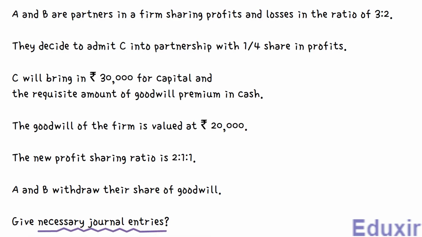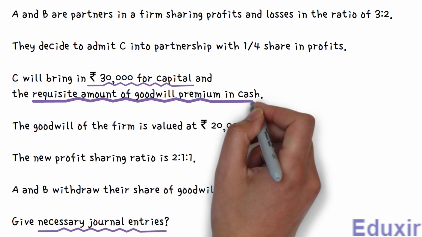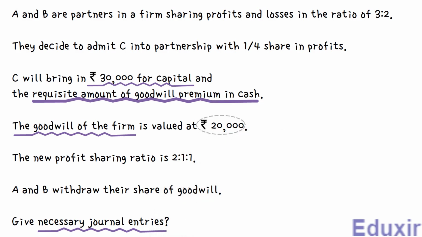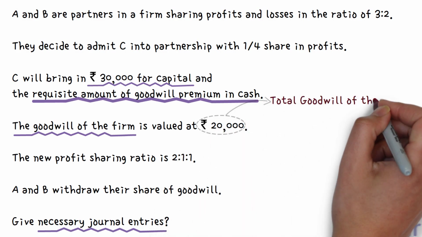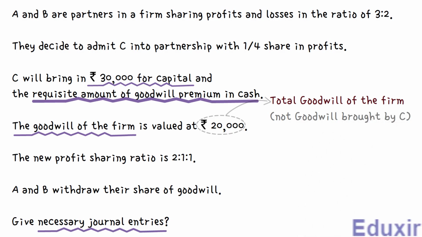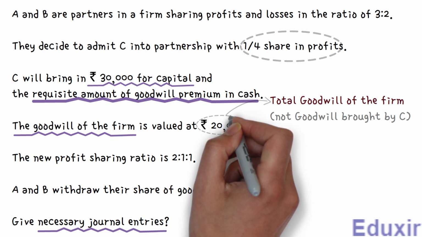Now, it is given in the problem that the new partner C has brought 30,000 rupees in capital and the required amount of goodwill premium in cash. It is also given that the goodwill of the firm is 20,000 rupees. Note that this is the total goodwill of the firm, not the goodwill brought by the new partner C. But we can find the goodwill brought by C using his profit sharing ratio. So, as per the problem, C is admitted into the firm with 1/4 share in profits. So, the goodwill premium brought by him into the business will be 1/4 of the total goodwill of the firm,